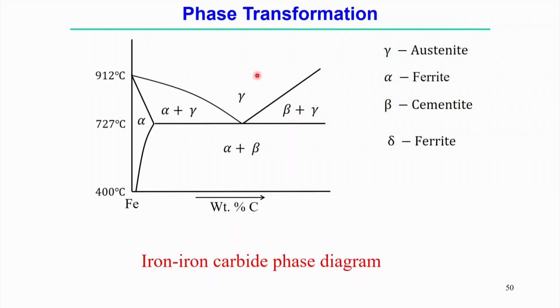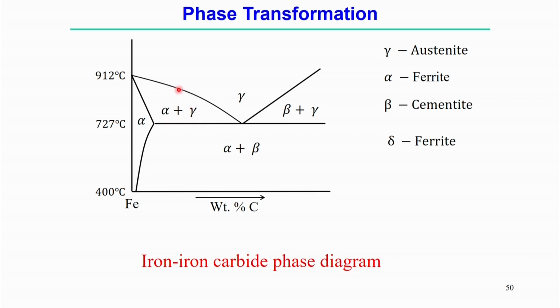Next, the other phase: austenite is a single phase structure, but it has a maximum solubility of a certain carbon percentage in the austenitic structure also. Now, within this phase boundary, a phase mixture exists, alpha plus gamma,